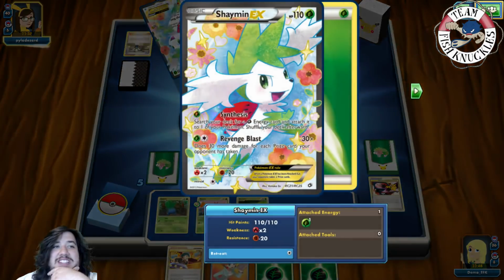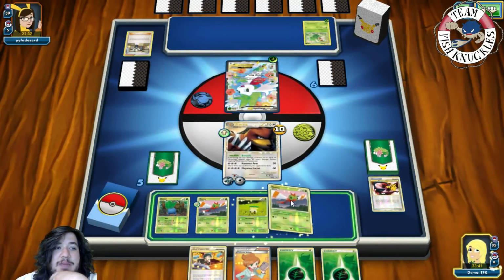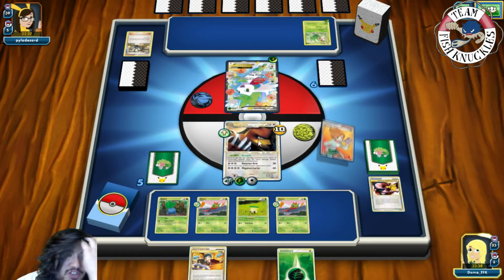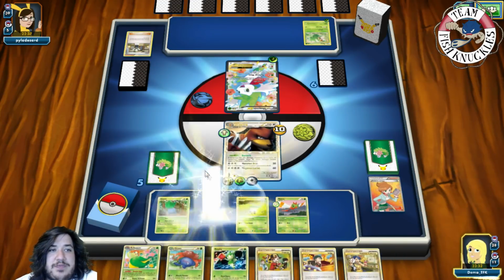So we'll see a Synthesize, such a Grass Energy attached to the Pokemon, put on the Snivy. And on our turn, what do we find? We find a Yanma. We'll put that down. Put a Grass in the active. And we're just going to Juniper, discard our hand, draw 7 cards. I think this is a fine play. There's a Yanmega, a Roselia, and a Gloom. So put this down. Can we actually...